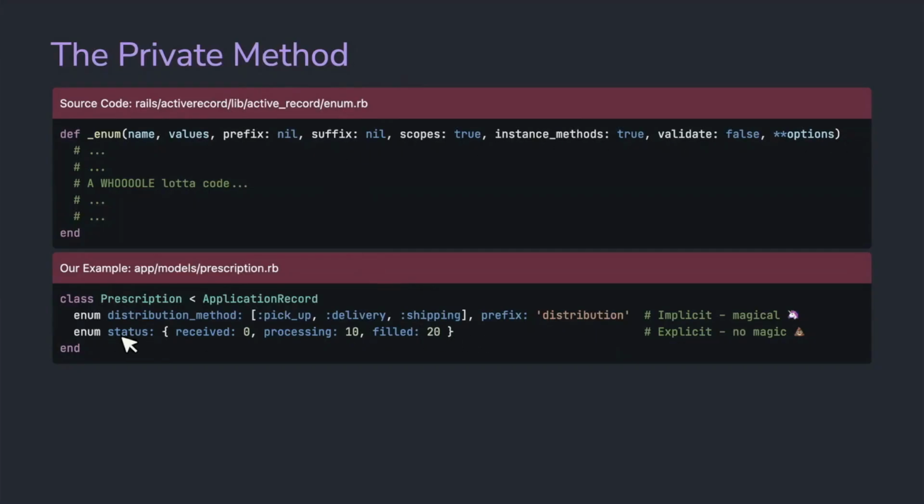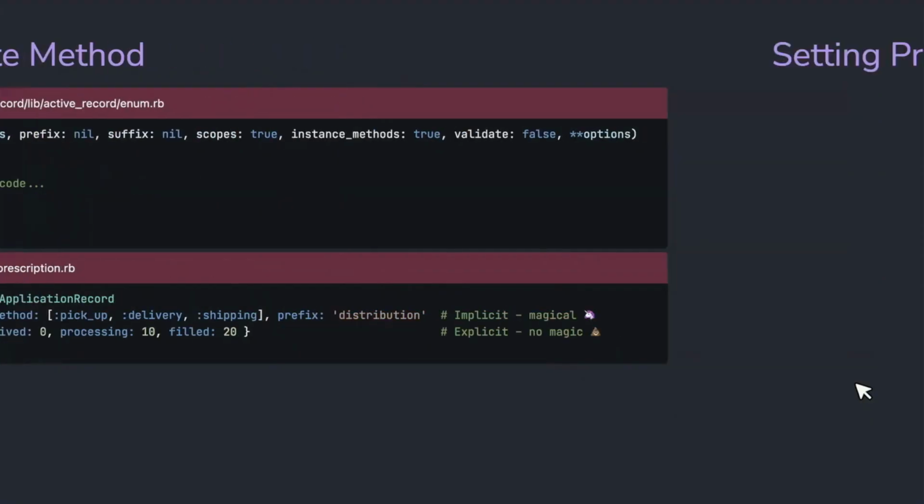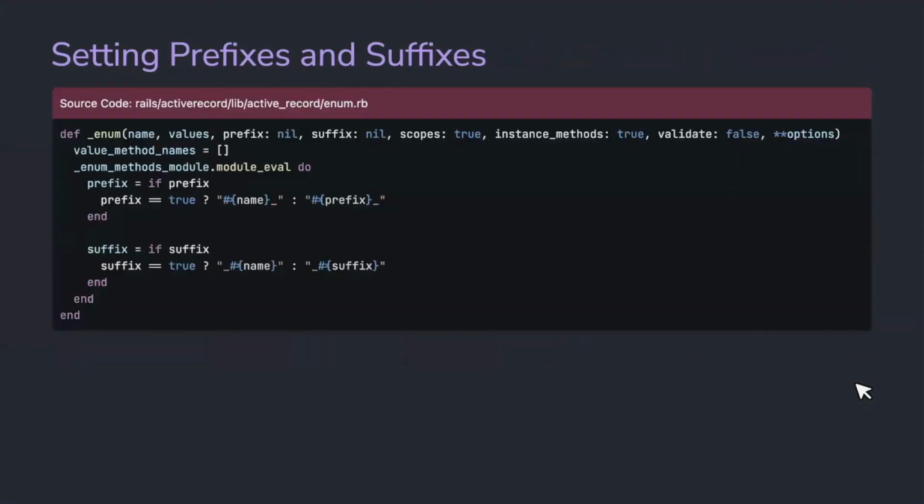So for the status enum definition, it's just accepting all the defaults that are passed in. But the distribution method, we're overwriting our prefix nil default with the string distribution. That'll come in the next slide.